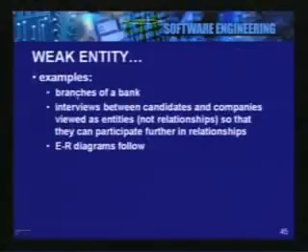Banks may otherwise use some serial numbers, and these serial numbers may distinguish branches from each other in the context of a bank. So we can talk of branch 1 of State Bank, branch 1 of Canara Bank. So these serial numbers would also be in the context of the bank. Therefore, branch appears to be a weak entity. A bank may have many branches. For example, State Bank may have more than 10,000 branches. So I need to treat branch as an entity on its own, but it appears to be a weak entity.